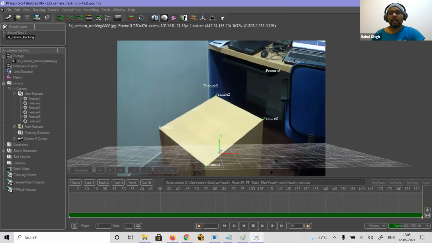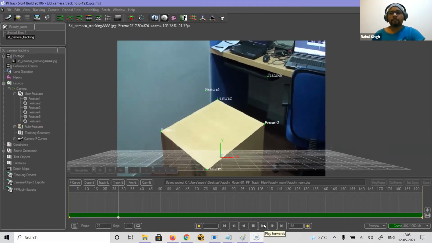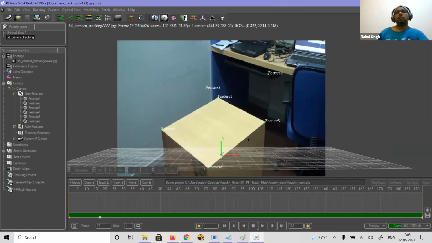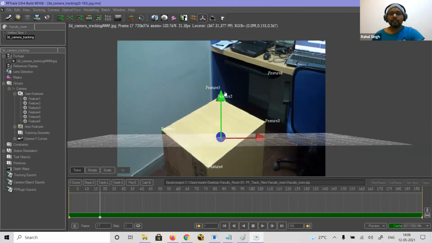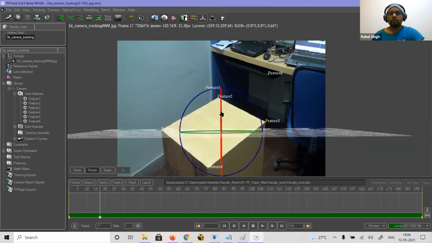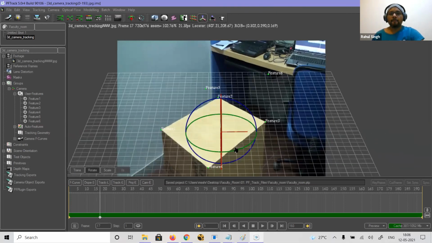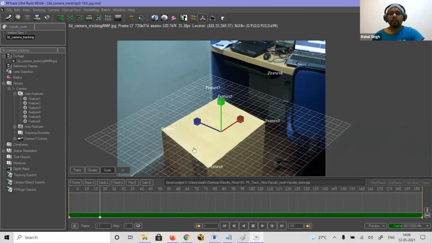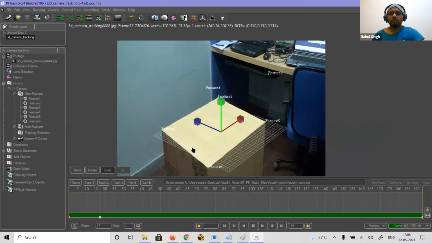Now you can see that I have a grid here, which is moving, right? So what I'll do is make the grid lie on top of the surface. Okay. So to do that, check on the orientation button, right? Translate to translate it, rotate to rotate, scale to scale it down. I want it a little smaller.